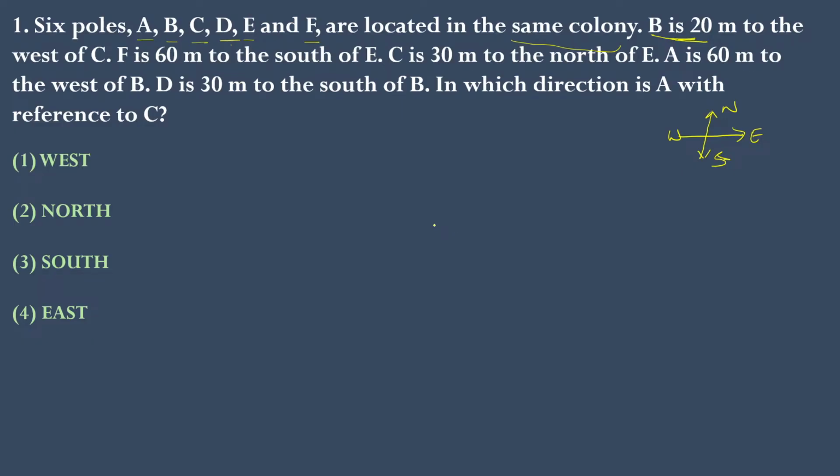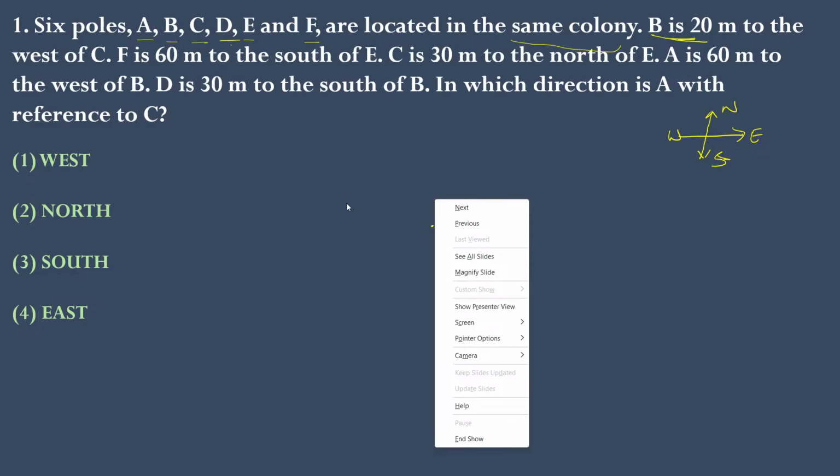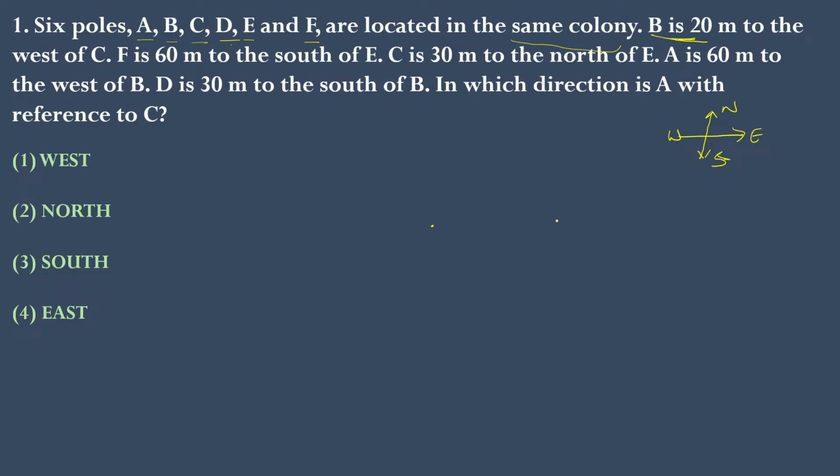See here I am taking here. So B is 20 meters to the west of C, means C is 20 meters to the east of B. I am writing here C, 20 meters. So if you see that B is 20 meters to the west of C, or we can say C is 20 meters to the east of B. Next, see here